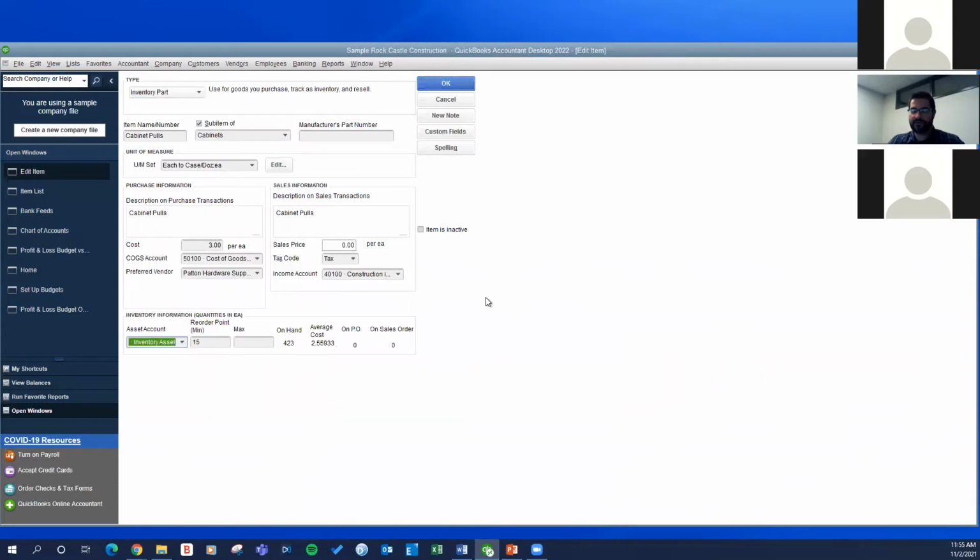So when you purchase this item, you're going to credit AP or cash and then debit the inventory item. And then when you sell this on an invoice, it's going to create an AR and then the sales amount. And then at the time of the invoice is when it's going to relieve this inventory account and hit cost of goods sold. There's going to be kind of a double entry on the sales side when you're using these